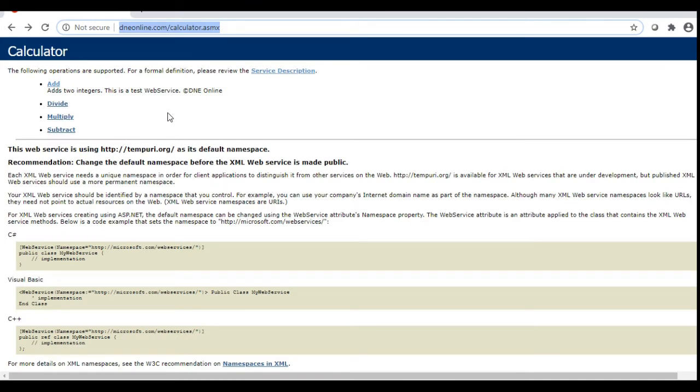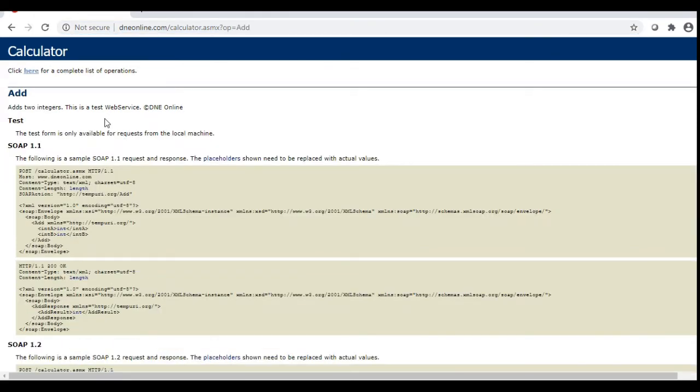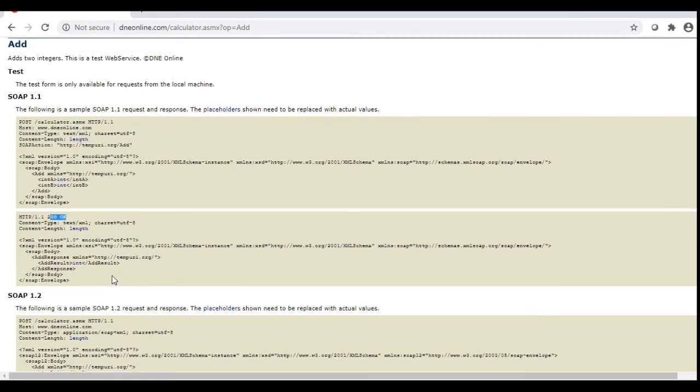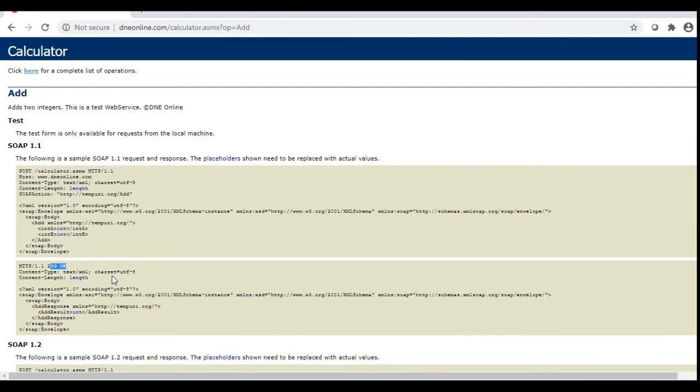What we learned is WSDL is the XML based document that describes the web service, its format, input parameters, response, etc. So if you see over here, this is the library, and it provides what we need to post, what response we will get, what will be the response code. So this is the WSDL document.